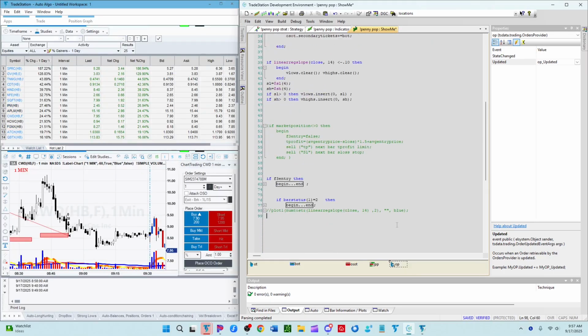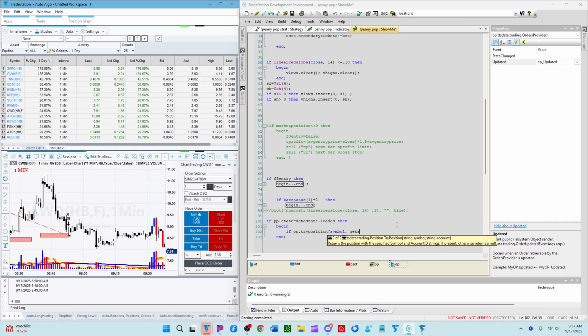So we'll say if pp.state equals data state.loaded, then begin, and if pp.try position provider.try position of symbol and get account ID is not null. So if it exists, then